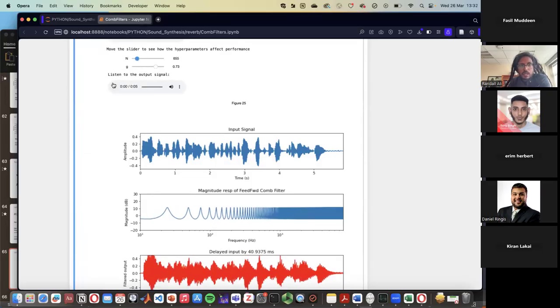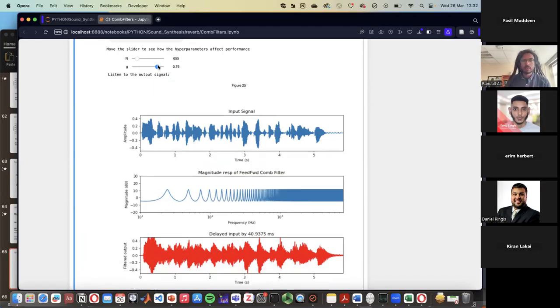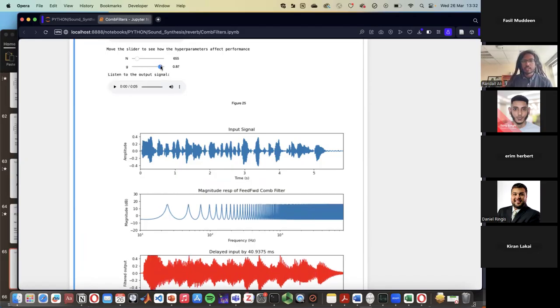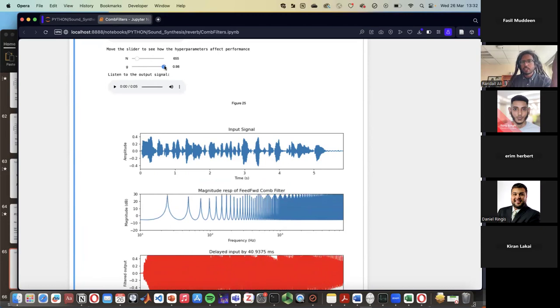It starts to sound metallic-ish. And actually you can see as I amplify G close to 1,